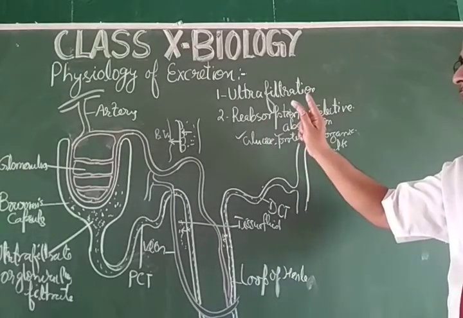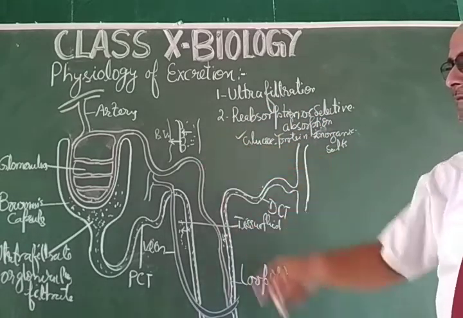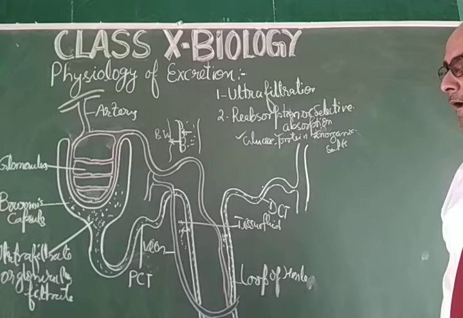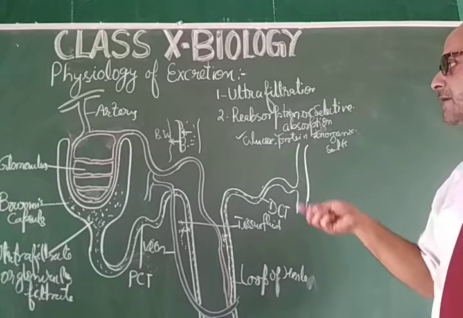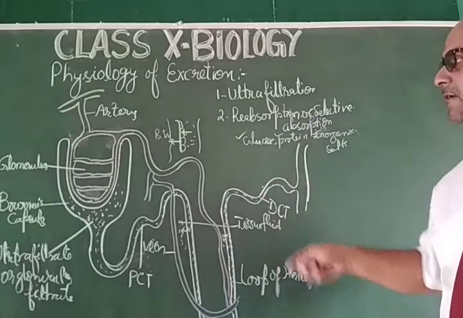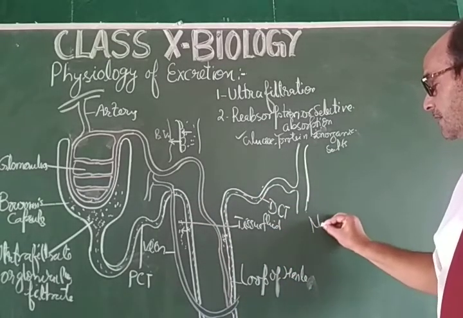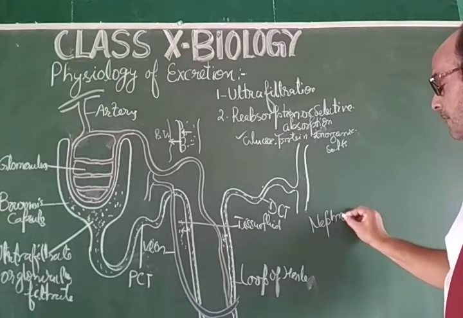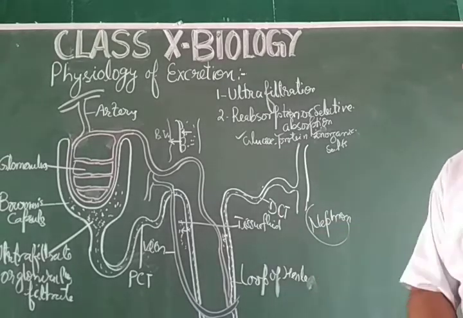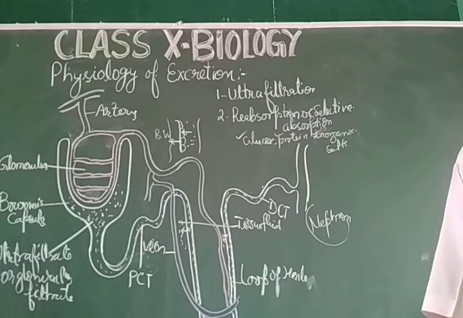So two phenomena, two processes are there. One is ultrafiltration that takes place in the glomerulus, in the Bowman capsule, and reabsorption takes place in the kidney tubule or nephric tubule or uriniferous tubule. So this is the unit of the kidney. This is called nephron. So my dear students, this is the physiology of the excretion of human,